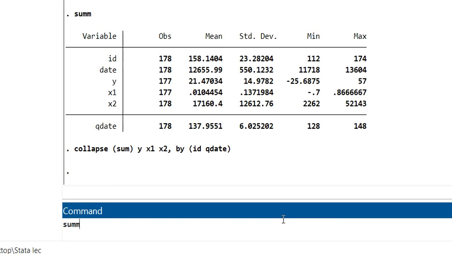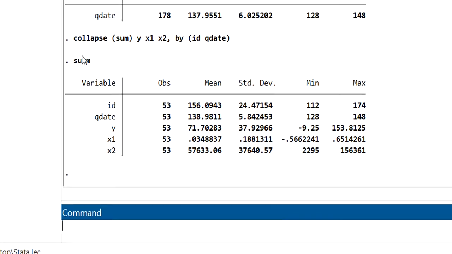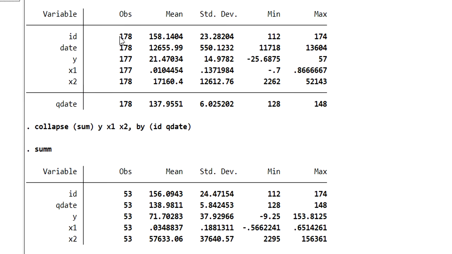Now your data is converted into quarterly observations. If you look at the summary now, the number of observations, which was 178 before, is now 53. So it has converted your monthly observations into quarterly observations.